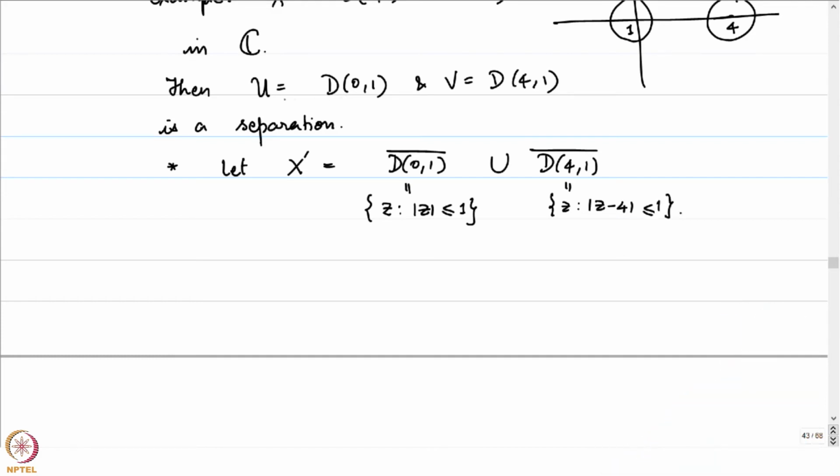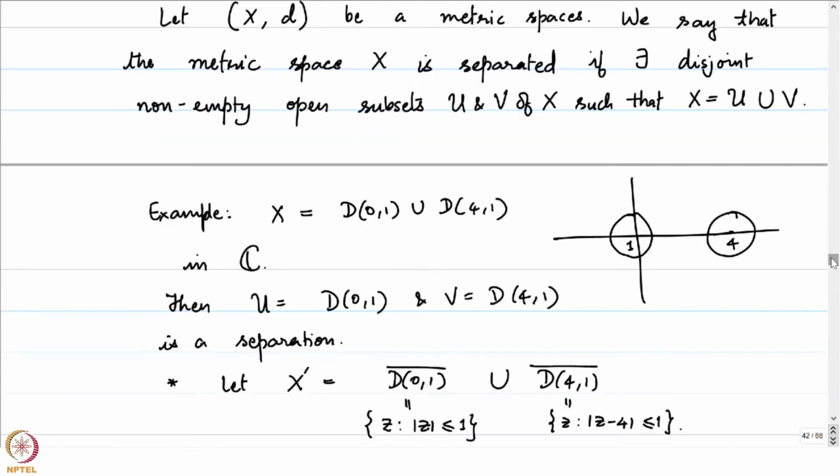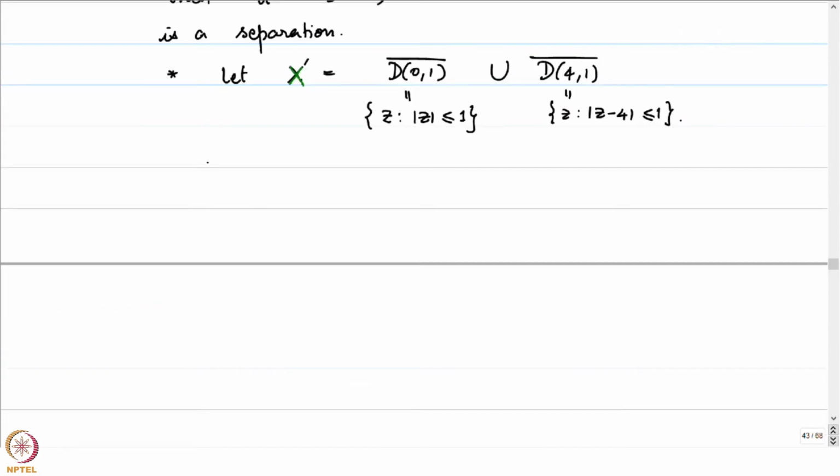So basically, in this picture, when we considered X, we were not looking at the boundary, which is here the unit circle and the circle of radius 1 around 4. These were not considered when we considered X, but when we are considering X prime, that set is also part of it. And you should sit down and check that with the